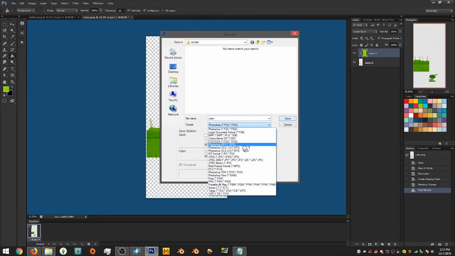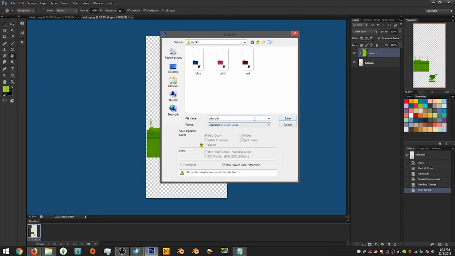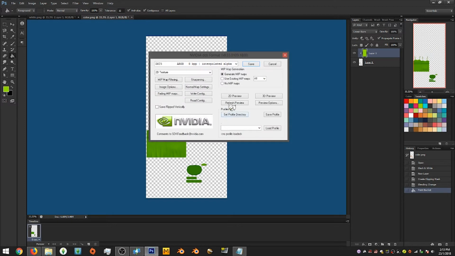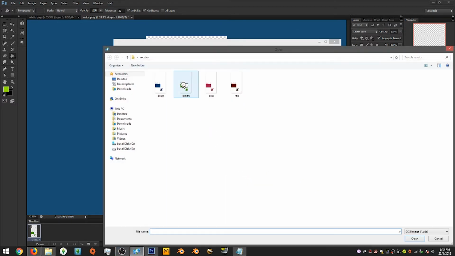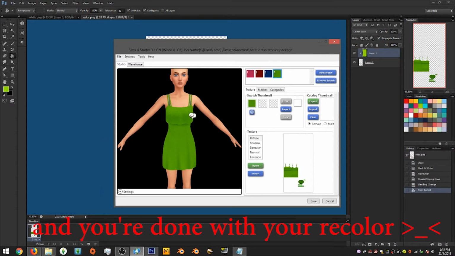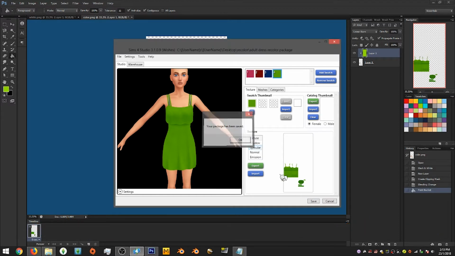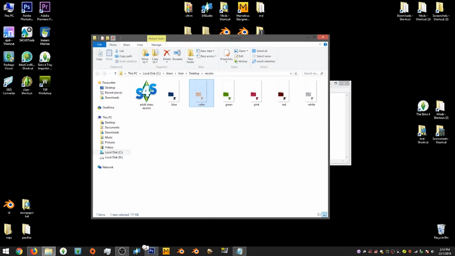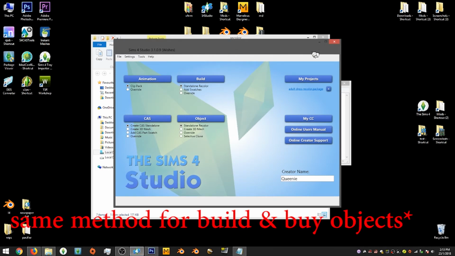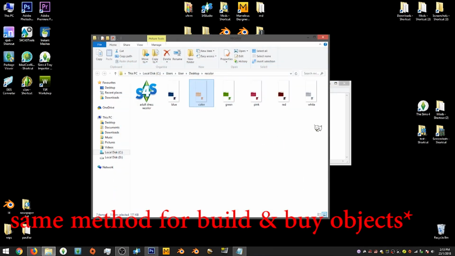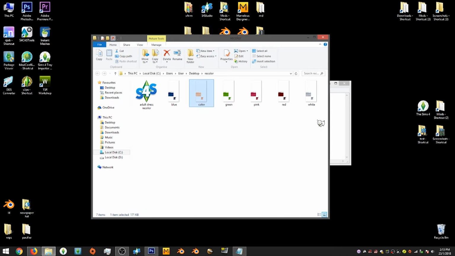Saved, DDS, green, save. Okay, and add swatch, import, green, and there you go. And you're done with your recolor, and save. Okay, so this is how we recolor objects that are from the game itself. It's the same for objects as well, just pick the white texture and repeat the process like I showed you